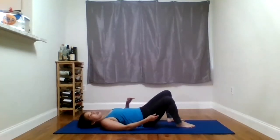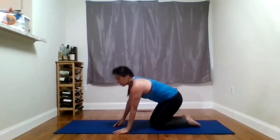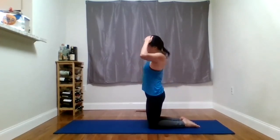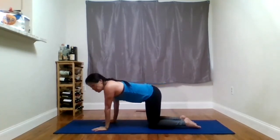Okay, I'm going to do a little bit more glute work here. So we're not quite done yet. I'm going to flip over and come to our hands and knees. So again, hip extension is basically anytime our hips are flexed like this, and then we push it up so it's a straight line. So we did that when we pushed the hips up in the air from the floor. And now in our quadruped position,